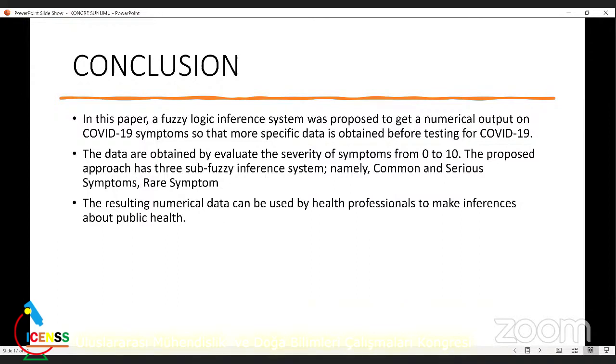According to experts' opinions, improvements and updates can be easily made to the rule base and the inputs. On the other hand, this study may contribute to different types of disease and outbreaks by updating the inputs and the rule base. Those are our